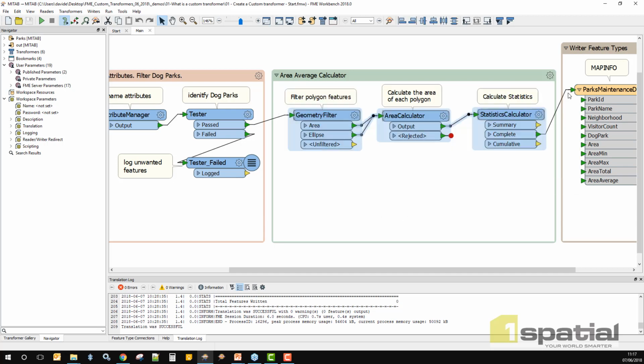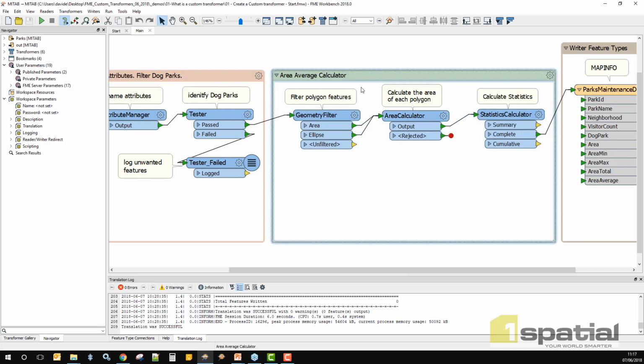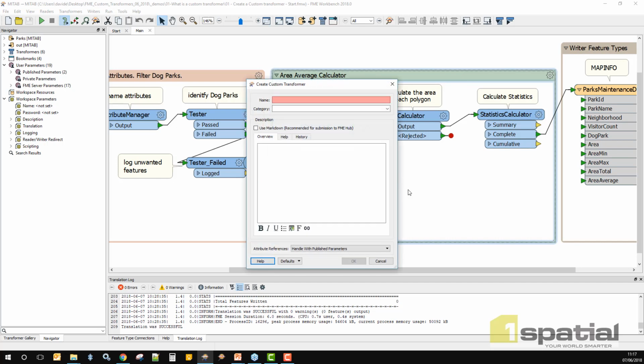Now I can select these transformers and I can right click and create a custom transformer, or I could right click and create a custom transformer from all the objects in the bookmark, and that's what I'm going to choose to do. So create the custom transformer, and I'm going to call this the area average